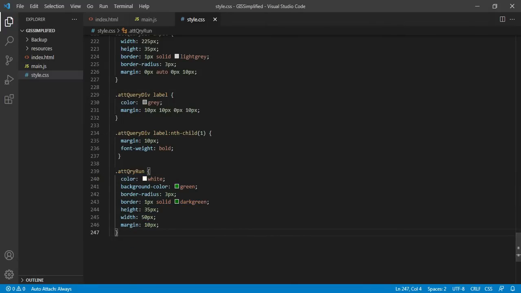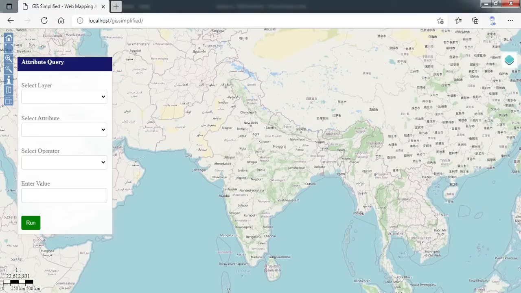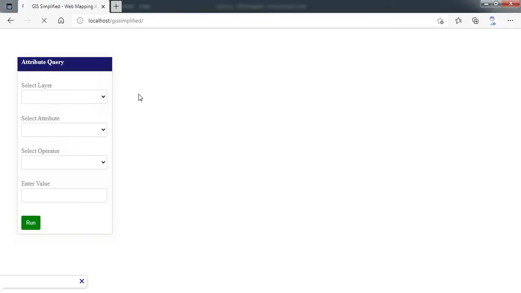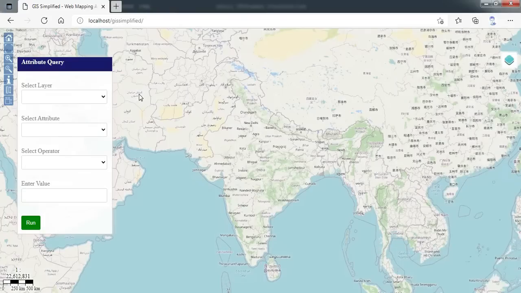Now let me save it and let us go to our application, and this is how it looks like. So the attribute dialog box is open when I have refreshed the map. So it is open by default, but what we want is I should have a button, and when I click on the button then only it should appear. So we will go to the coding part now, and then we will create a button.